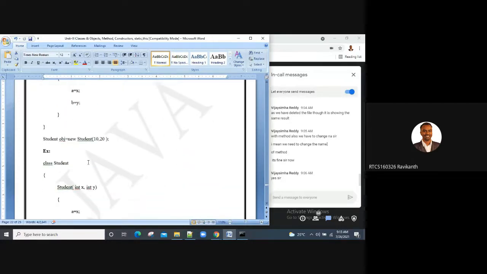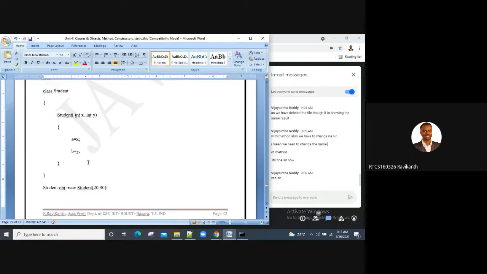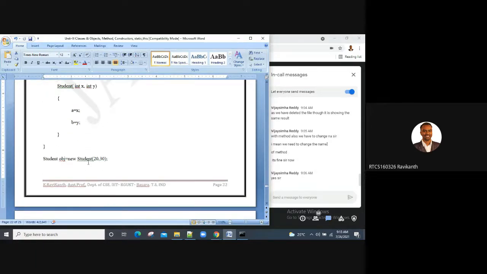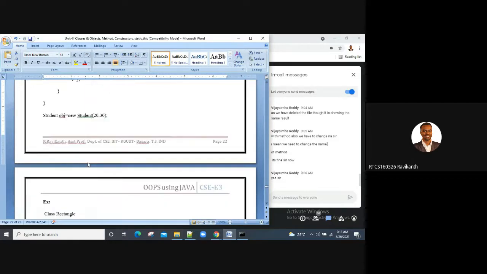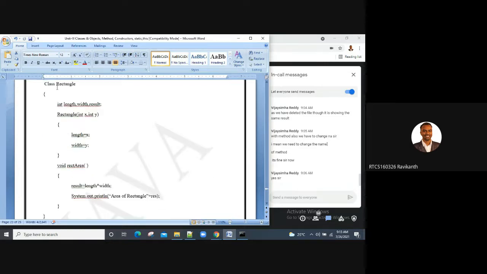You can also work with combinations. Sir, can I have combinations? Yes, you can have multiple classes. Here I have one more example, a Rectangle class, with a parameterized constructor, where I'm again trying to calculate the area of the rectangle.